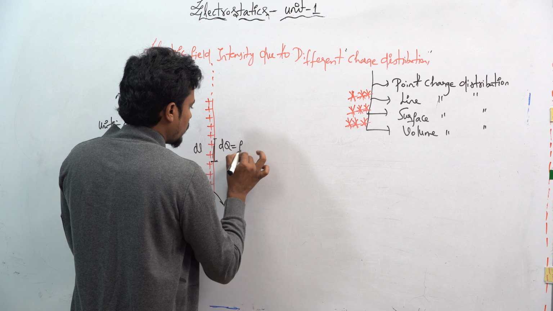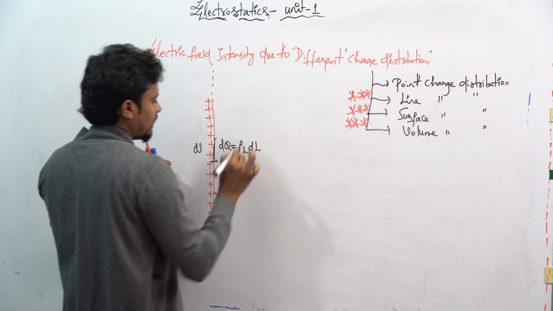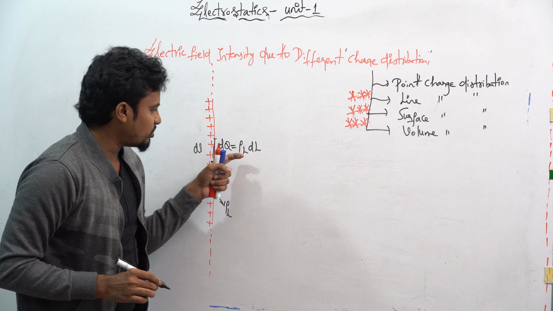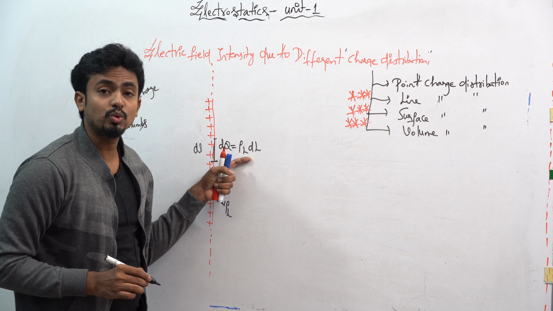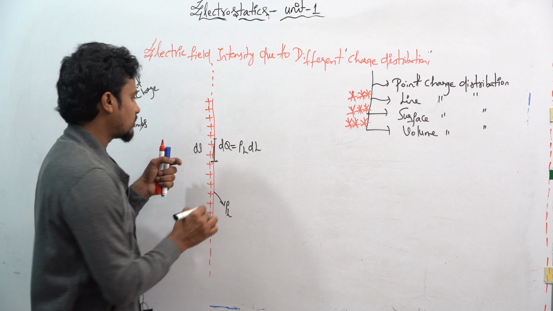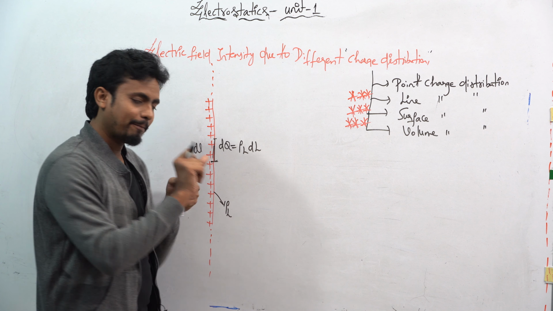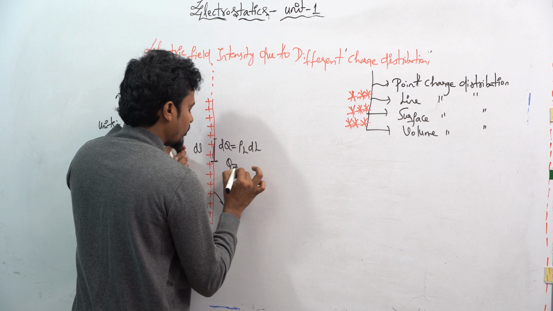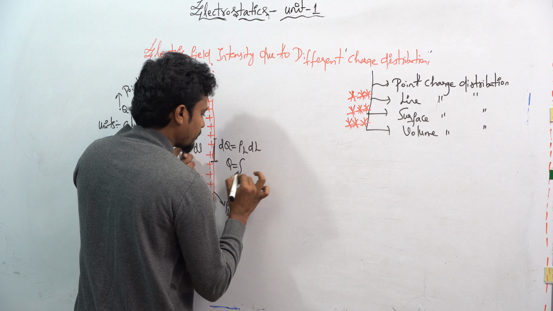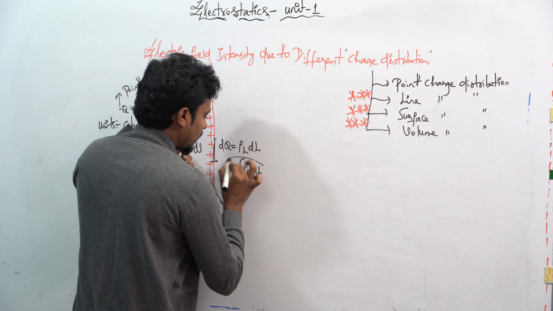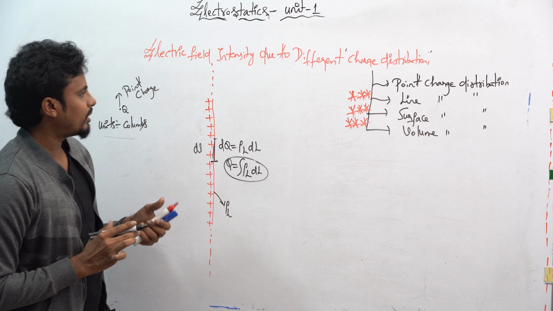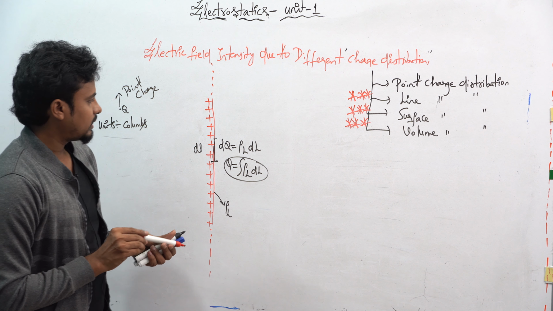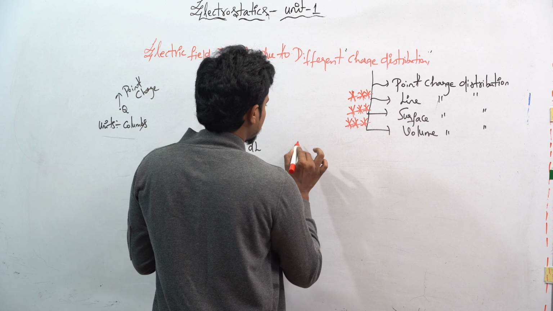So dq is equal to rho l into dl. Whatever the result, I do the integration over it. This is for the small gap. If I want to take my full length, we must do the integration of rho l into dl. And similarly, if you want to take this as my surface charge,